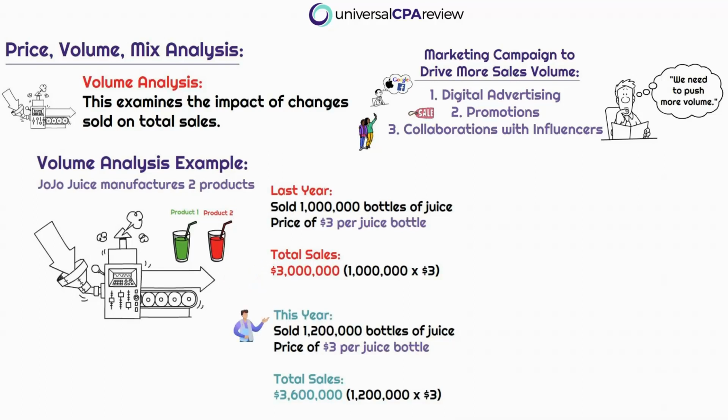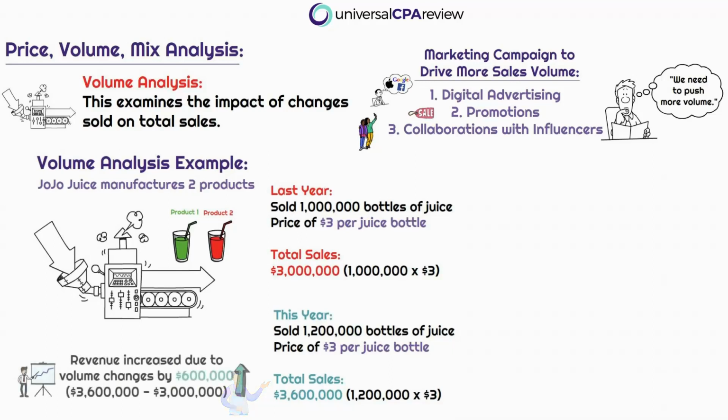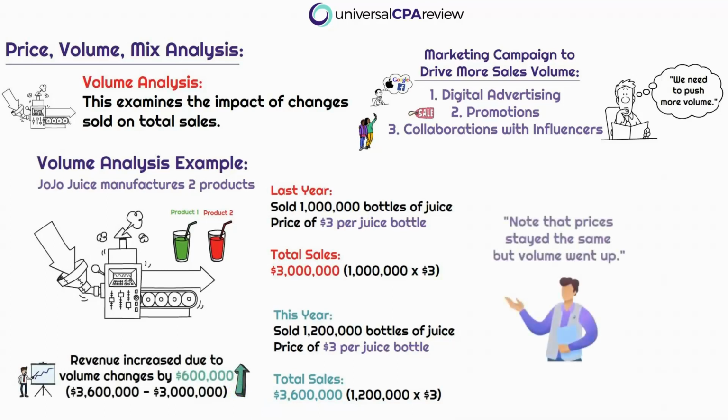So this year, after the marketing campaign, let's assume that the sales volume increased by 20%. So we now sold 1.2 million bottles. The revenue from this product for this year would then be $3 times 1.2 million bottles, aka $3.6 million in total revenue from this product. So from the volume analysis, we're going to observe that the revenue from this product increased by $600,000. Given that the price per bottle remained the same, this increase in revenue is attributed solely to the change in sales volume. Hence, it can be concluded that the marketing campaign itself boosted sales volume, which contributed positively to the